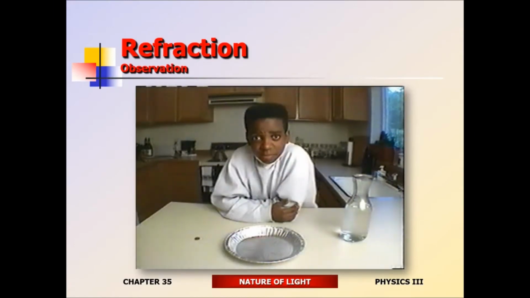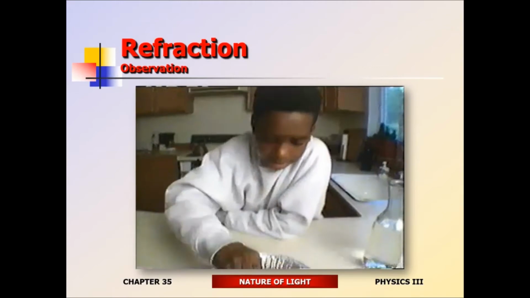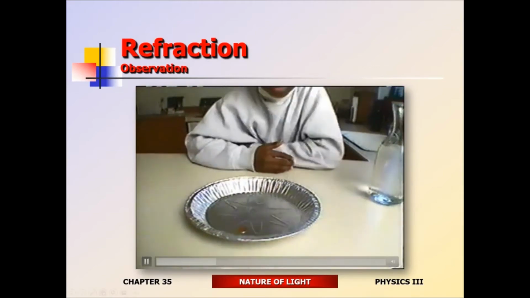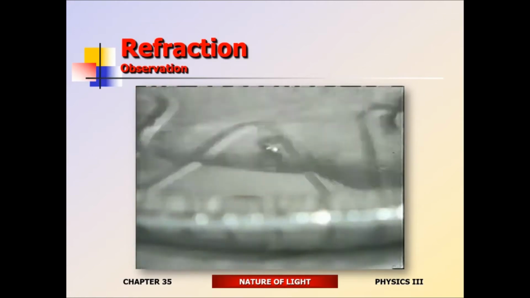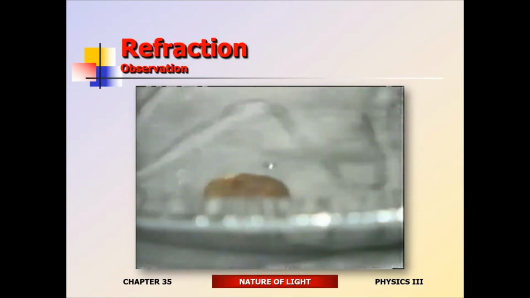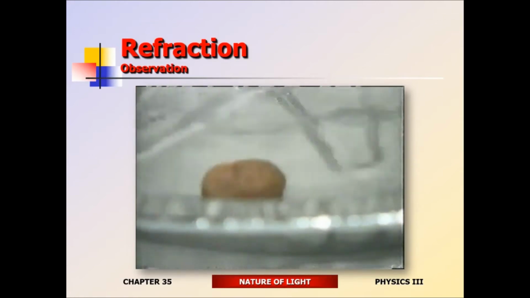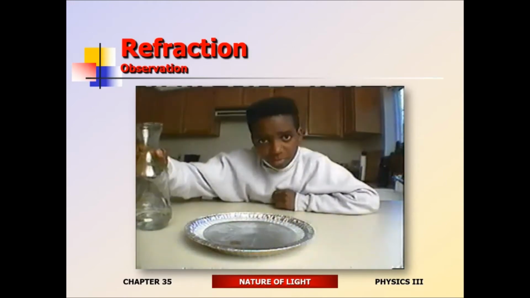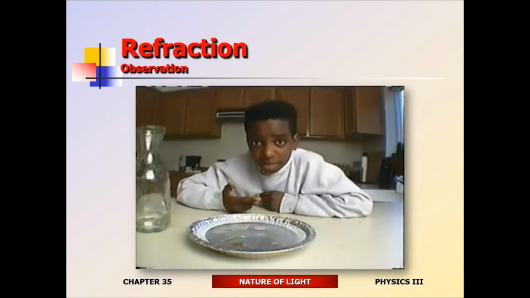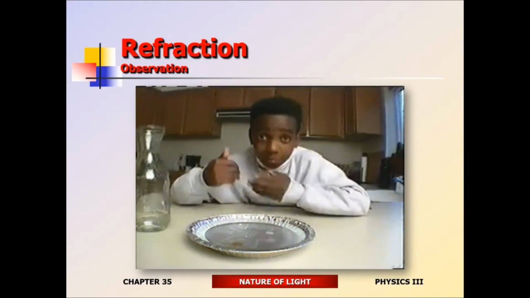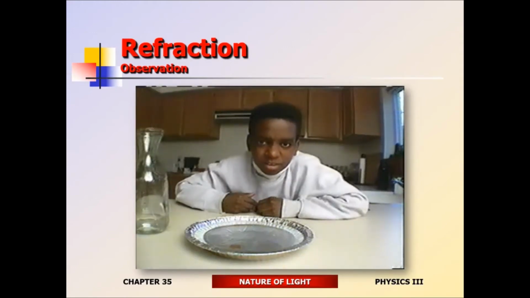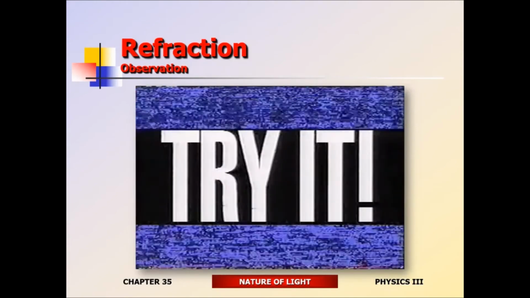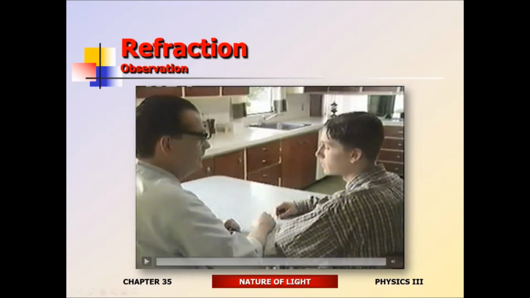Here's a light trick that doesn't need mirrors. Put a penny in a pie pan. Now move back so you don't see the penny. Don't move, because I'm going to pour the water in. It's okay if you make a mess. Pretty cool, eh? See, light's always bouncing off the penny. But when you pour the water in, it makes the light bend. And the bending of the light makes the penny reappear. But the penny didn't move through all of this. But don't take my word for it. Try it. Son, it's to learn.